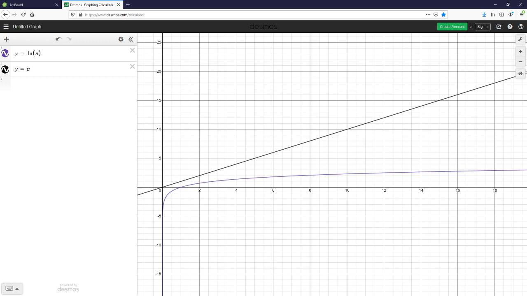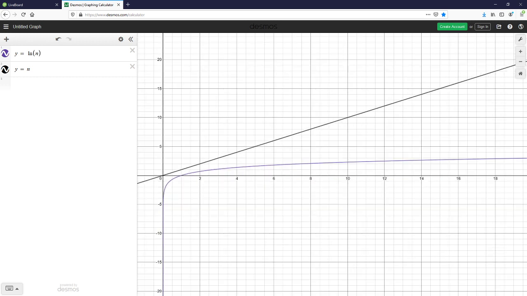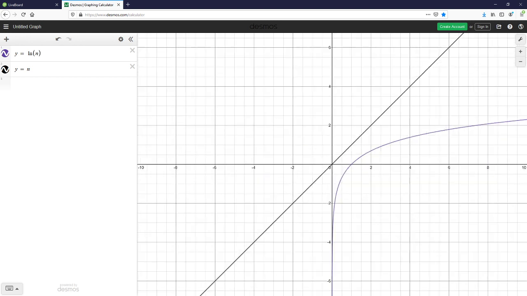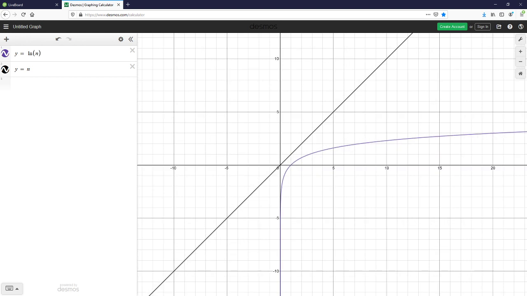So what do we see that's going on here? This is the function, basically f of x equals x, or f of n equals n. So really this is like the perfect 45-degree function. Right now it's a little less because I think the domain is a little bit messed up. Yeah, there we go. That fixes that.